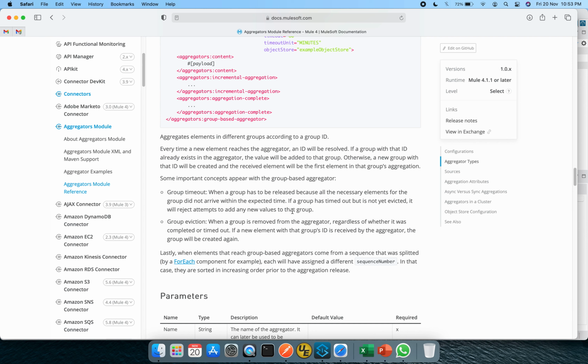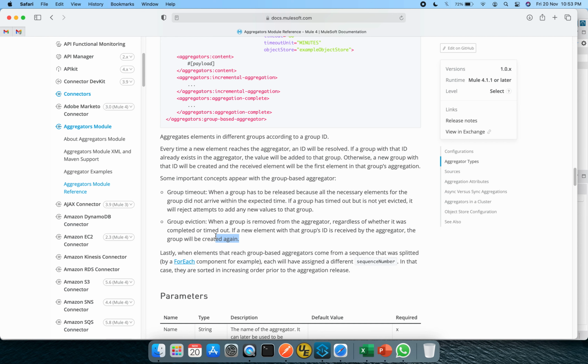It will reject any attempts to add new values to that particular group. Group eviction: when a group is removed from the aggregator regardless of whether it was completed or timed out, and a new element with that group ID is received by the aggregator, the group will be created again. So after 60 seconds, whenever a new value of the same nationality is sent, it will be considered a new group. I will cover this in our use case.